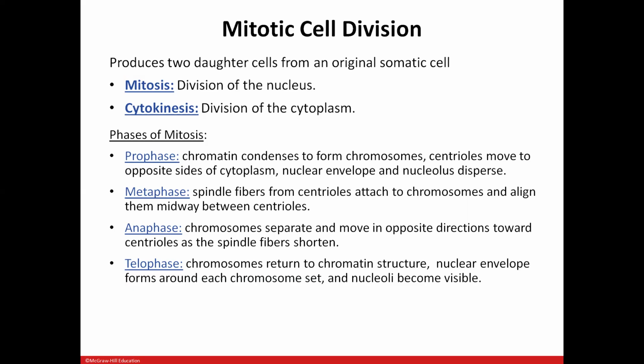And we're going to notice that the nucleus kind of starts to disappear. In metaphase, meta I always remember is straight or middle, we have these spindle fibers from the centrioles that actually attach to the chromosomes, and they line up in the middle of the cell. In anaphase, we now pull our chromosomes apart and they move towards opposite directions of the cell. And then finally in telophase, the chromosomes start to return to chromatin, our nucleus comes back to normal, and we